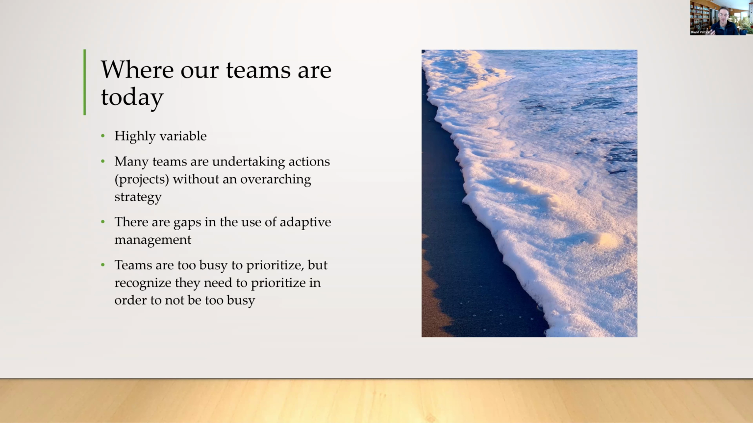It's familiar to me as a former conservation director for the Nature Conservancy here in New Hampshire, which is that teams are often too busy to prioritize. The time is sliced too thinly. They've got so much coming at them. It's like a fire hose, but they recognize they need to prioritize in order not to be too busy. There's this vicious feedback loop that can be very, very difficult to get out of if you're working in frontline